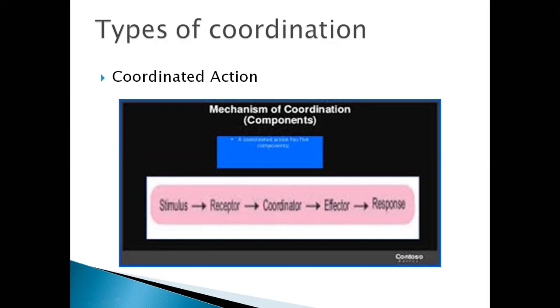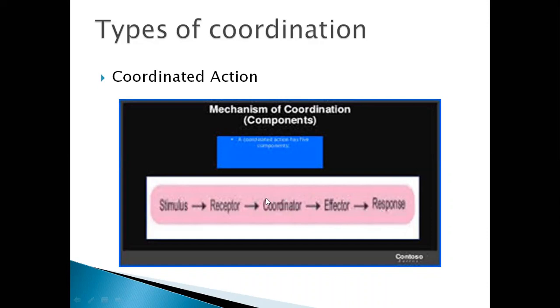Effectors. If I am asking some question, you hear, your ears accept it, your brain reads it, that what should be the answer for that. For this purpose, you are speaking, right? The brain is giving a message to your tongue that speak up, this is the answer, and the answer will be your response. You're speaking, your answer will be the response for this purpose. This was about the nervous coordination, that your brain is reading and giving response, right?